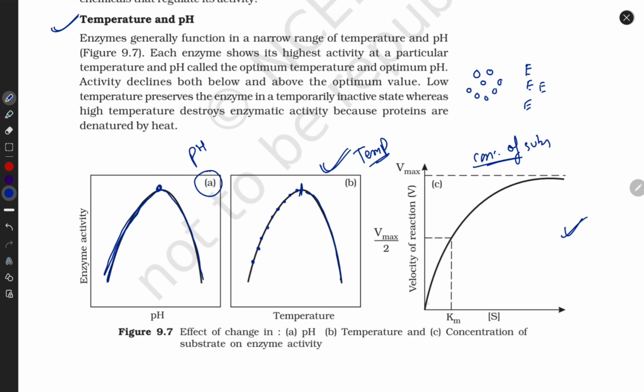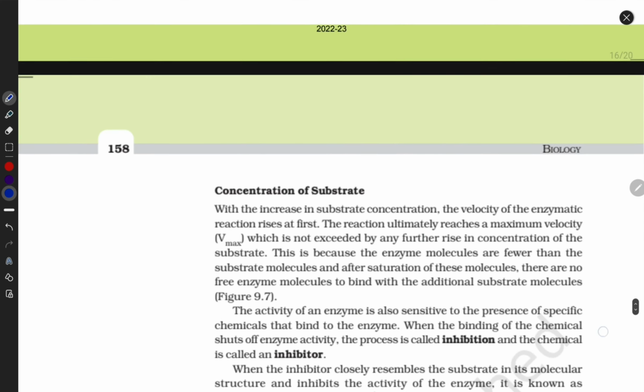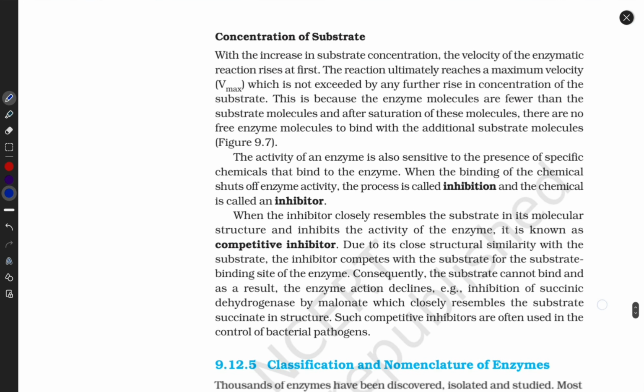When we increase the substrate, there is a lot of substrate and here is the enzyme. At the start of the reaction, every substrate binds with an enzyme, until they are fully saturated with enzyme-substrate complex. Here this is Vmax, and here Vmax by 2, where 50% of the substrate is bound with enzymes. So temperature, pH and concentration of substrate also affect the efficiency of enzymes.